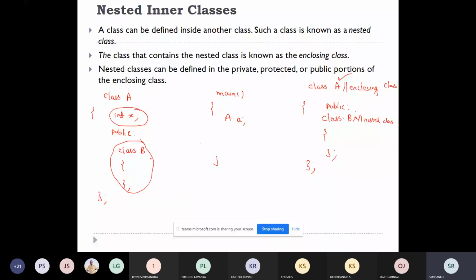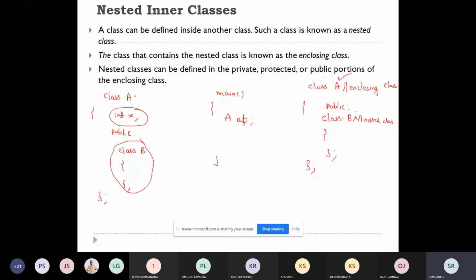Even if I create an object AB, the object AB will be only the size of an integer. It is not affected by the presence of nested class B.